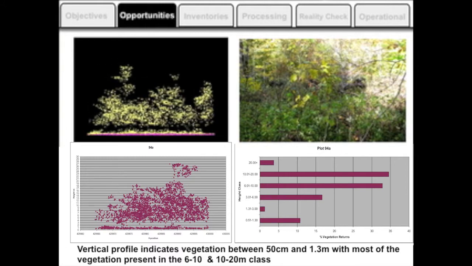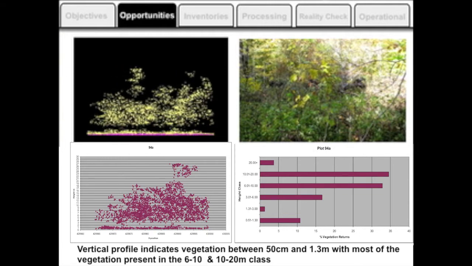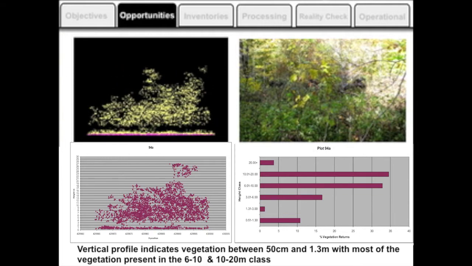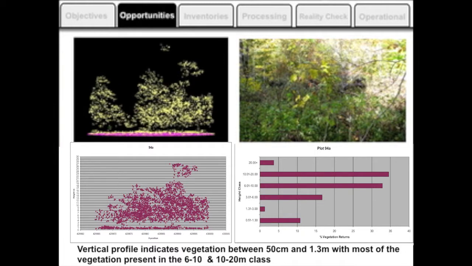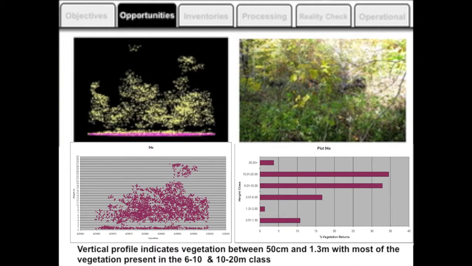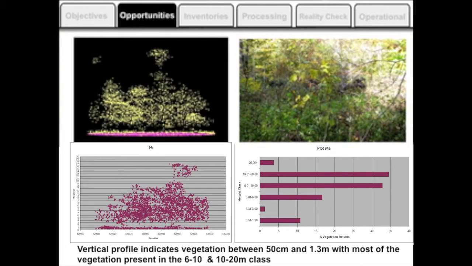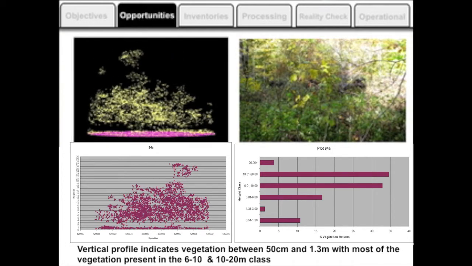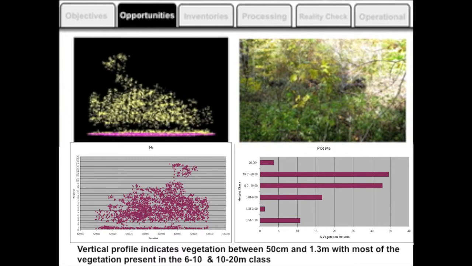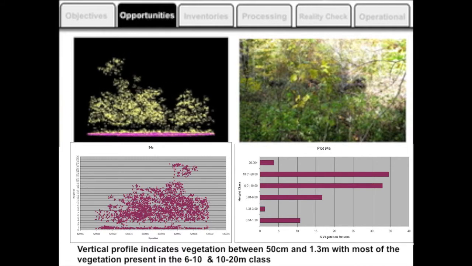You can see that you can take that LiDAR data, which basically measures that vertical structure so well, and bin it up into many different things. And we're basically looking at density on this bar chart on the bottom right hand side. We're looking at vegetation returns by different height layers, which are the classes the biologists say are important for the bird species.